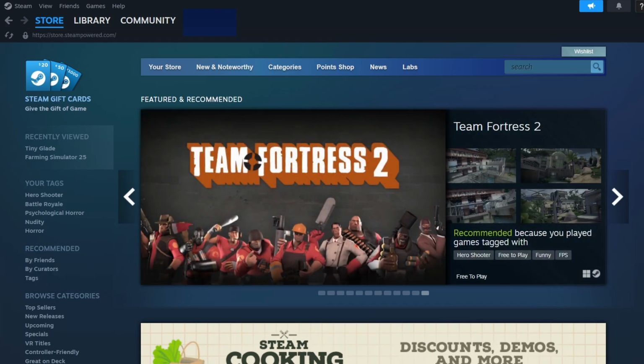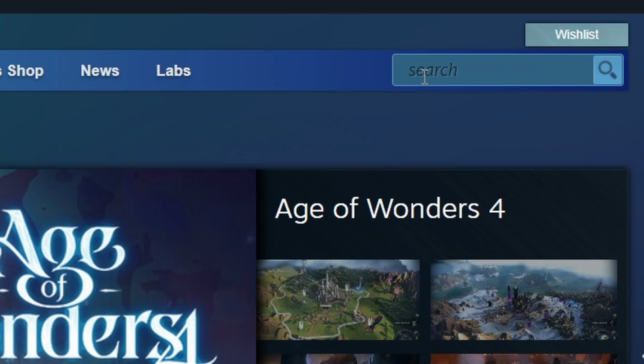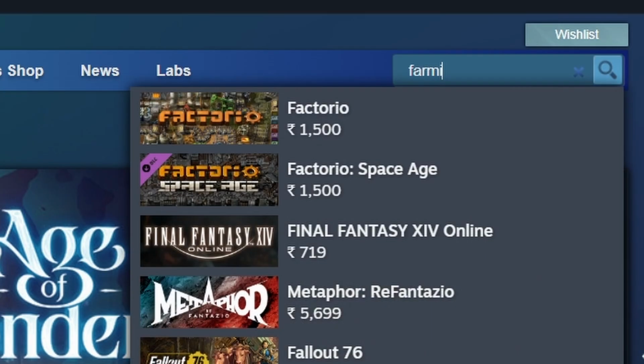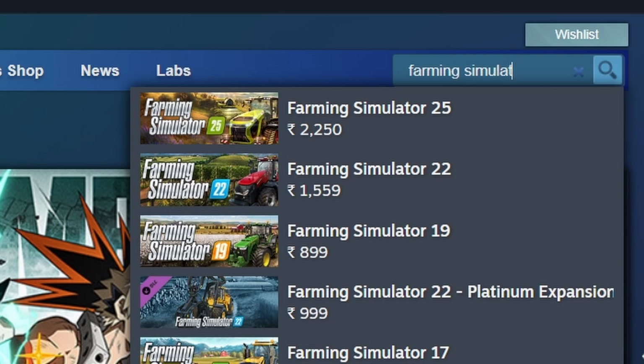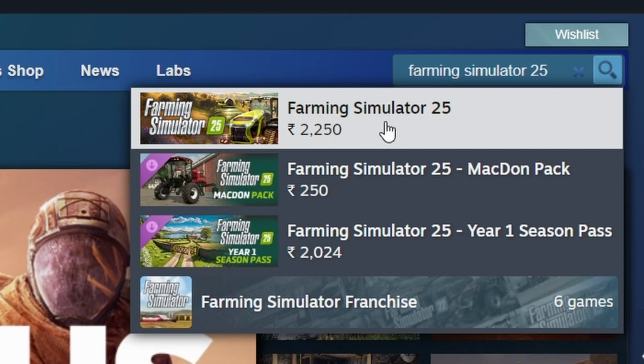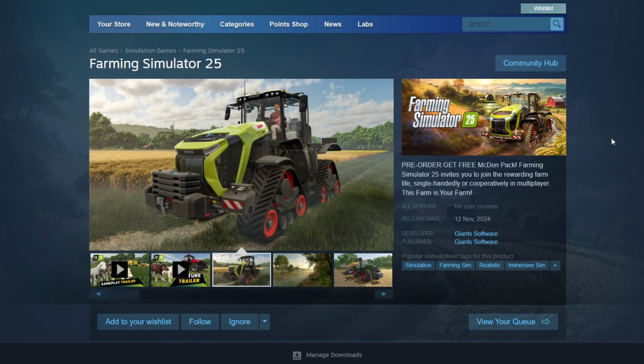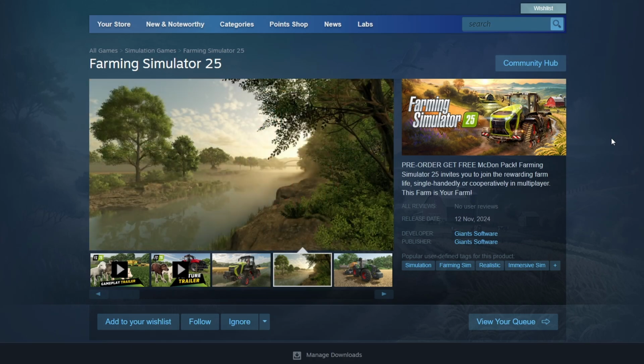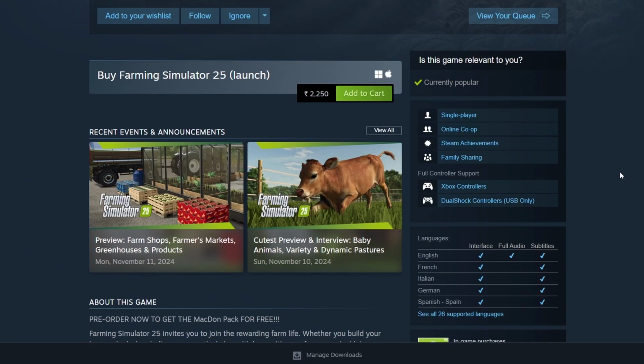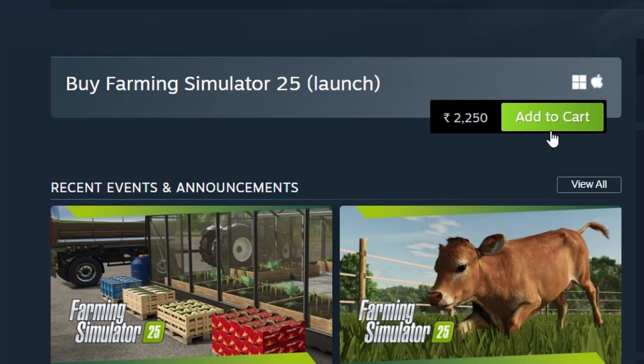Now, go to the search bar at the top right and type in Farming Simulator 25 to find the game. When the game appears in the search results, click on it to open the store page. Here, you can view more about the game. To proceed with buying the game, click on the green Add to Cart button and follow the steps to complete